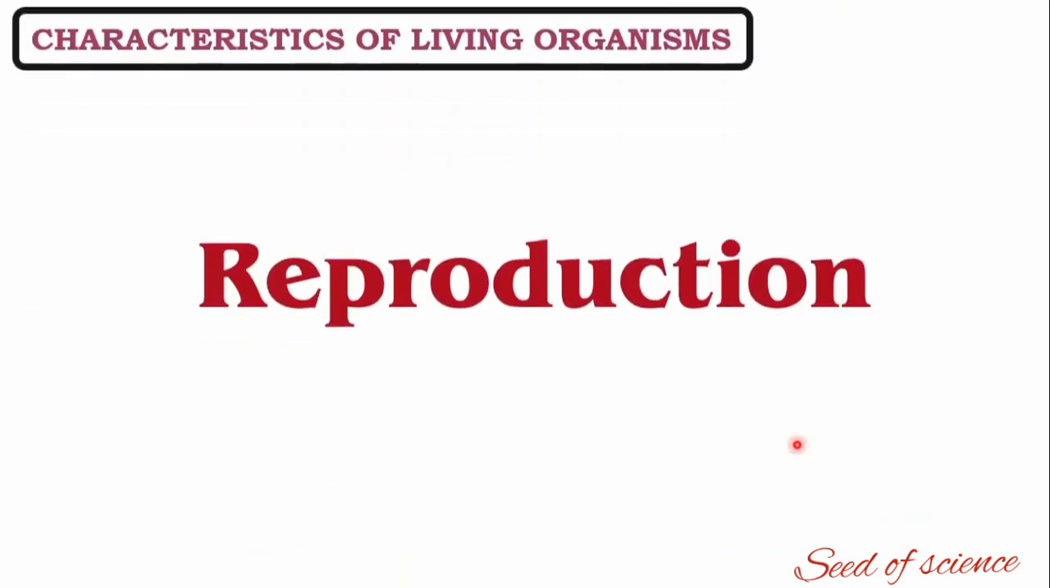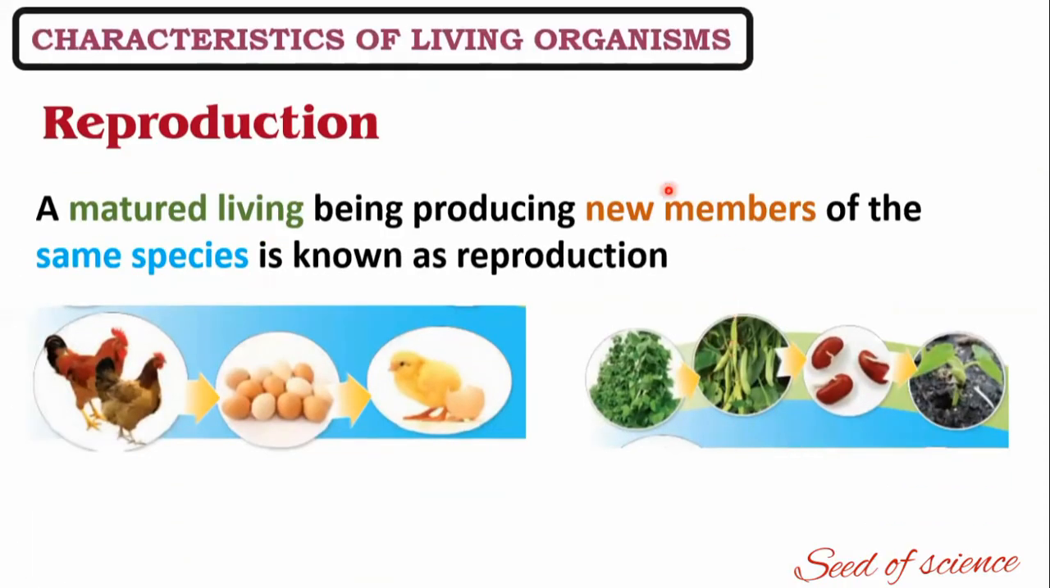Then next, moving on to our last characteristic, that is reproduction. So normally reproduction means producing a new species, right? Now let's see the definition. A mature living being, a matured one, right, is producing new members. New members of the same species. What do you mean by same species? It means